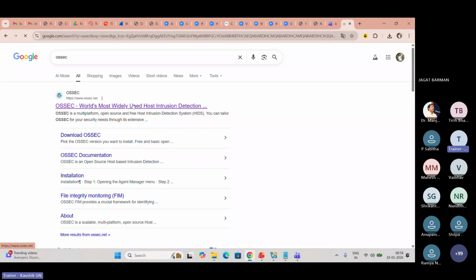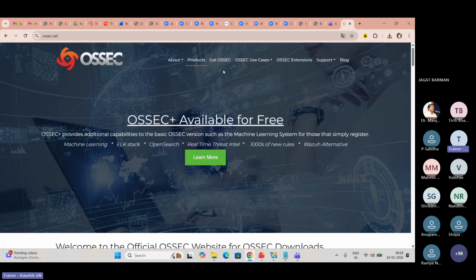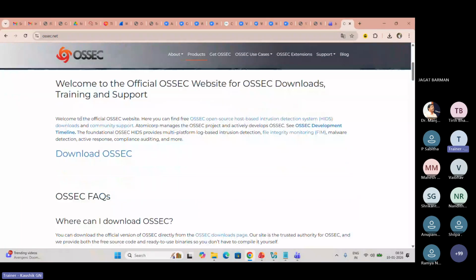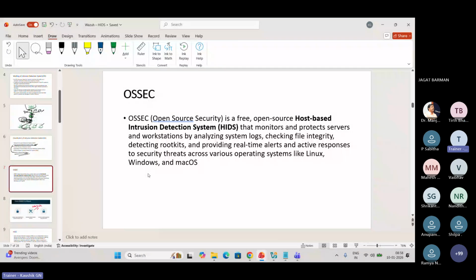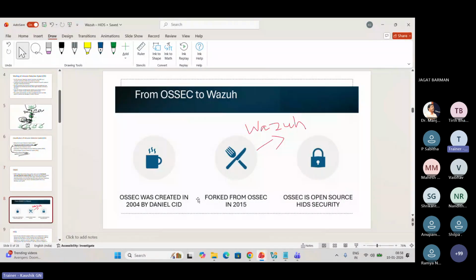Everyone will wonder why we are talking about OSSEC rather than Wazuh. It is because Wazuh got all its fundamentals from OSSEC. This is the first HIDS system that was created, Open Source Security. OSSEC was created in 2004 by Daniel Cid.